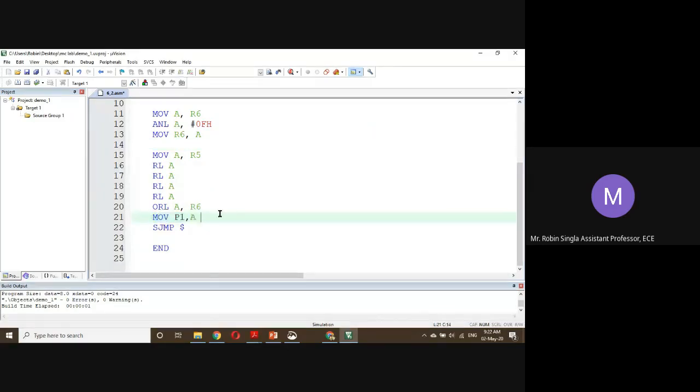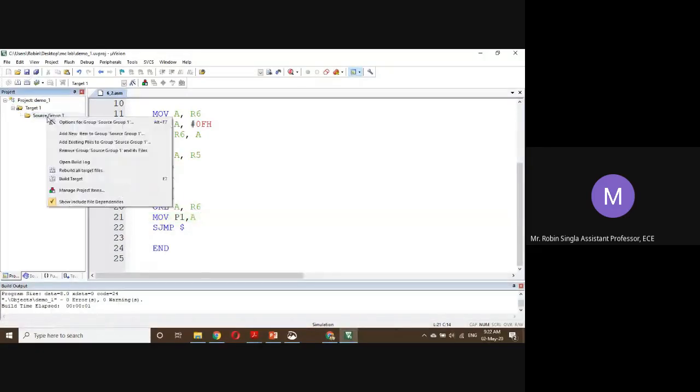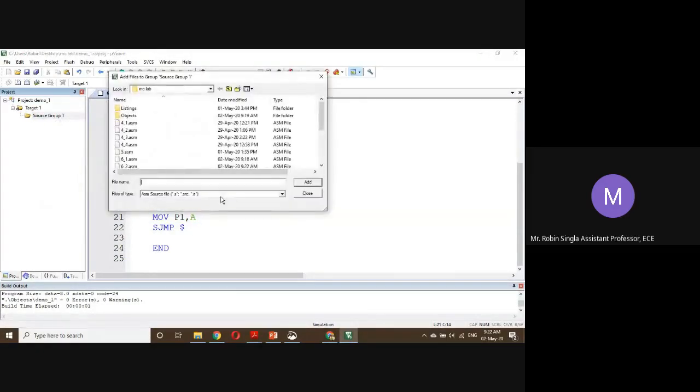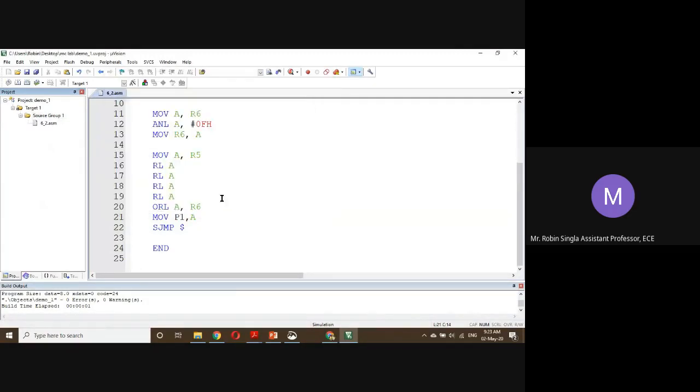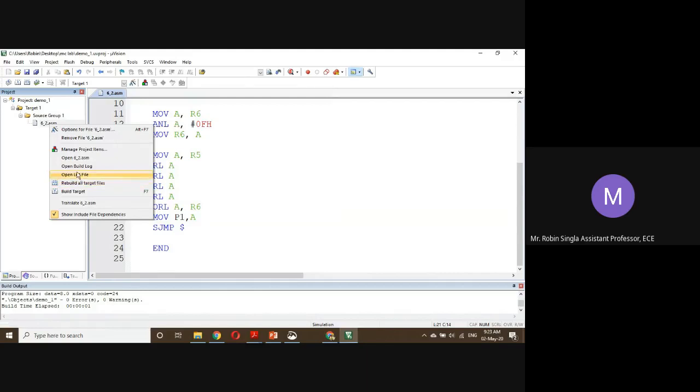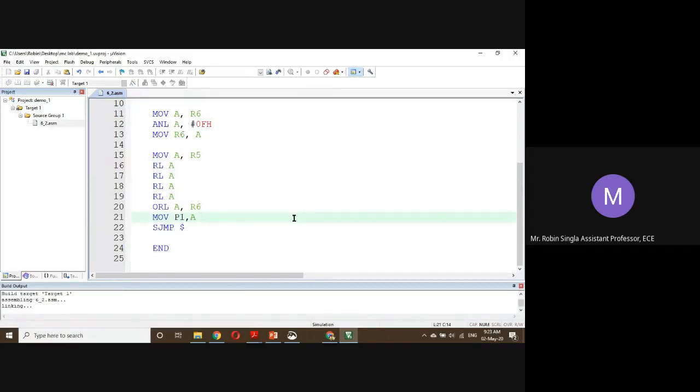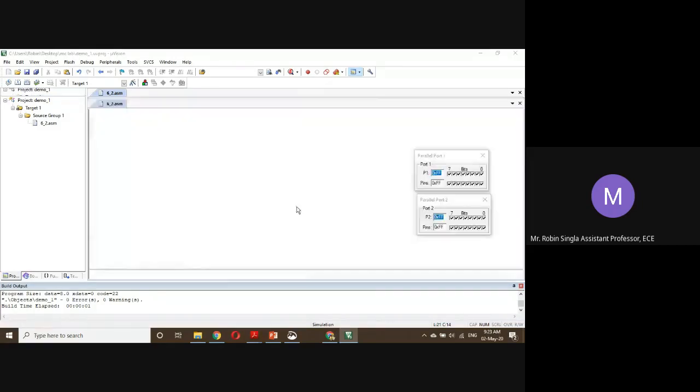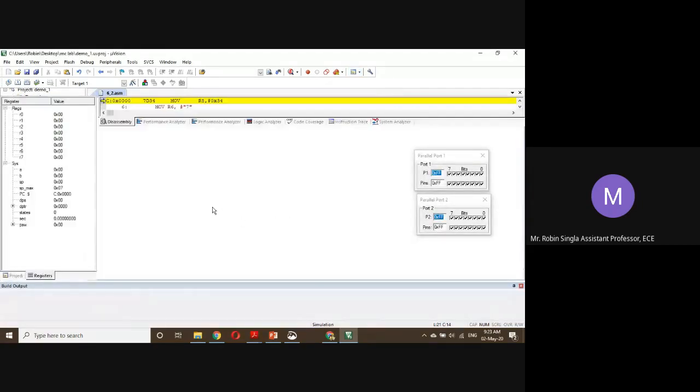And we will see the output at port 1. If you see it running, then you will understand. 6.2, target.